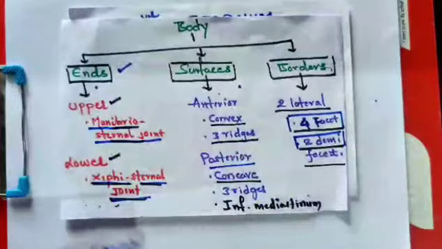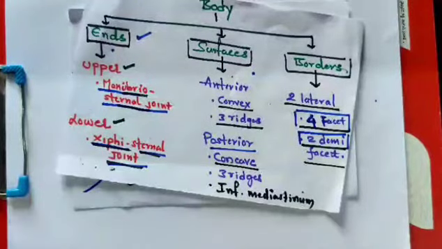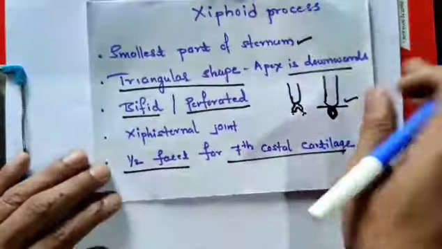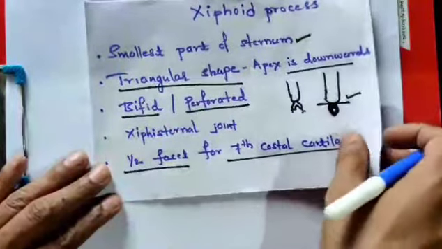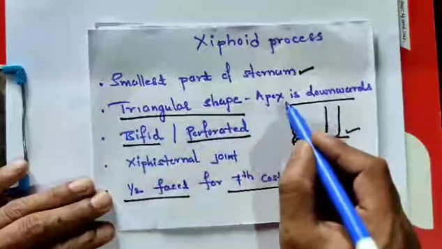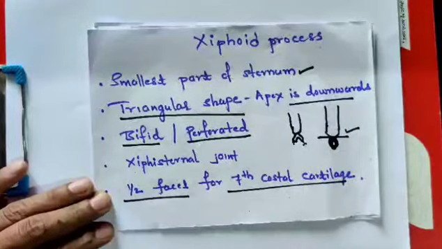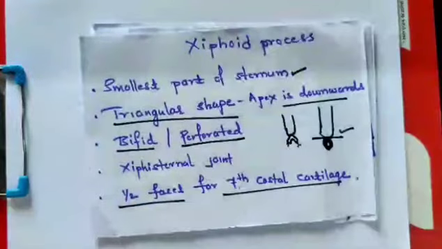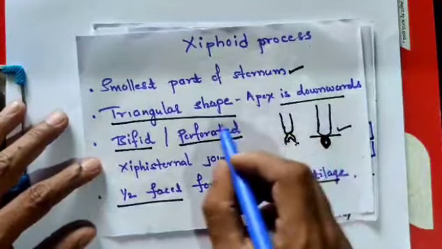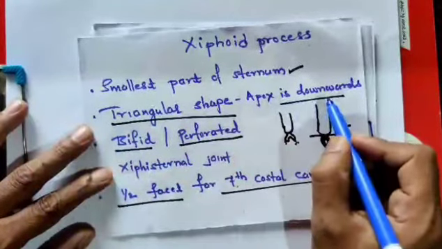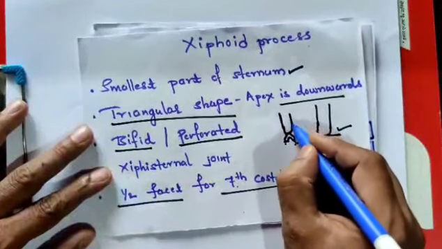And the last one is the xiphoid process. This is the smallest part of the sternum, and it is triangular in shape. The apex is facing downwards, which lies in the epigastric fossa. It is usually triangular in shape, but sometimes, imagine this is the body of the sternum,